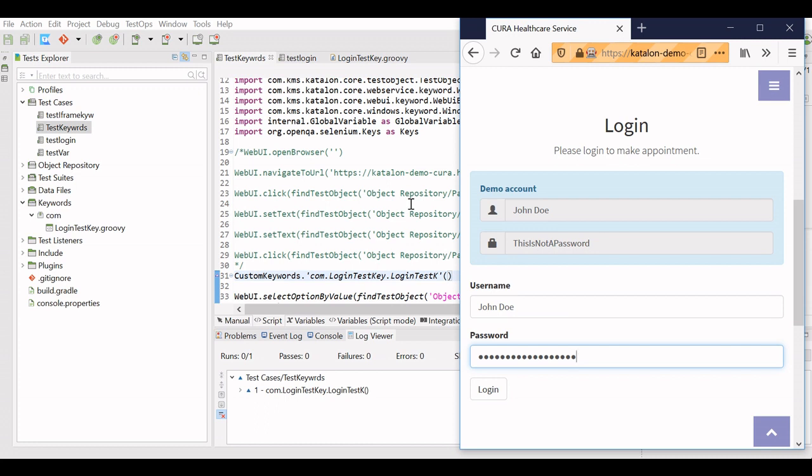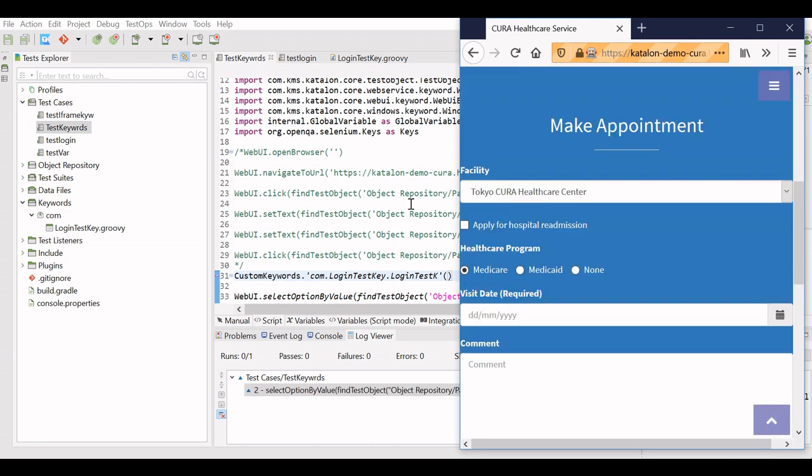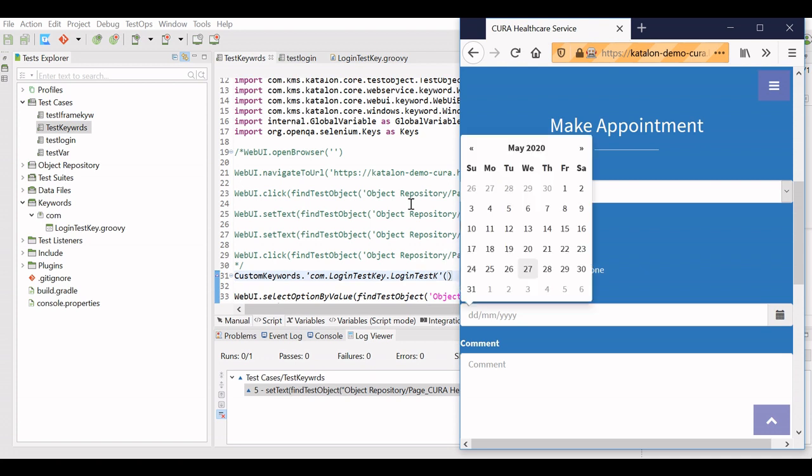This way you can create small, reusable methods in custom keywords, or you can use some keywords like we have the verifying keywords or wait keywords or click set text keywords. You can create such keywords for your project as per the requirement of your project.